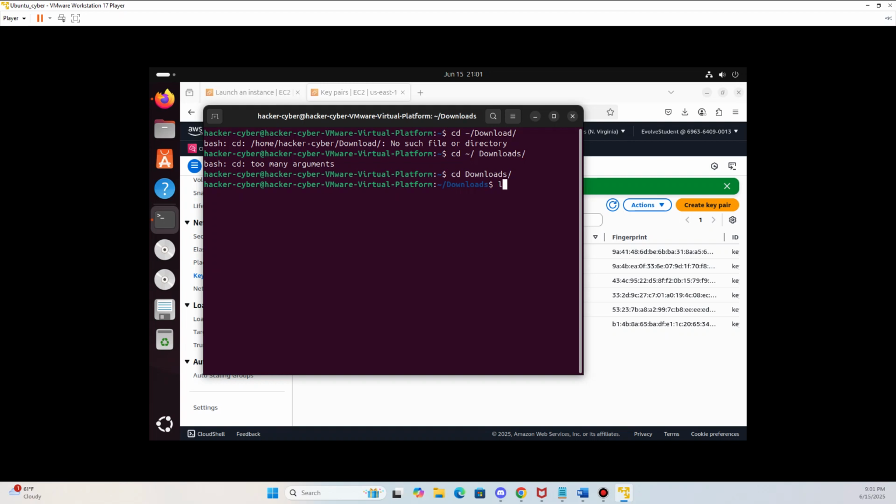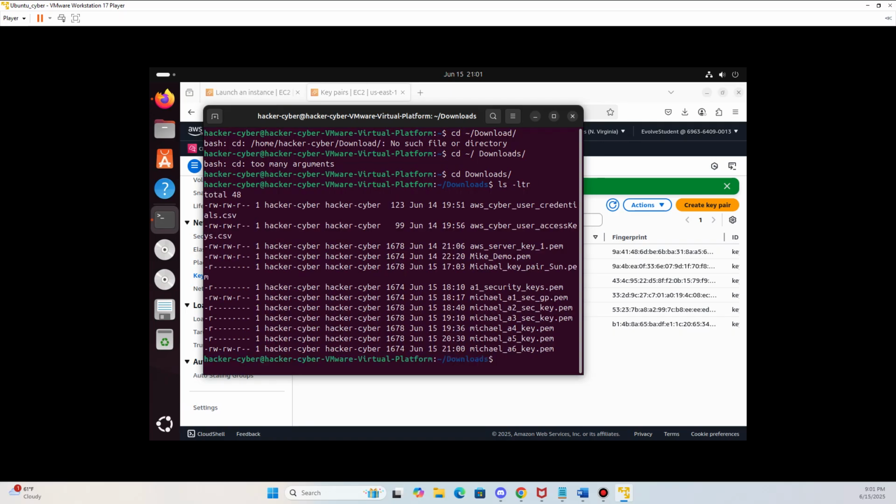Okay. ls -ltr. All right, so down at the bottom, you can see I have my sixth key, and